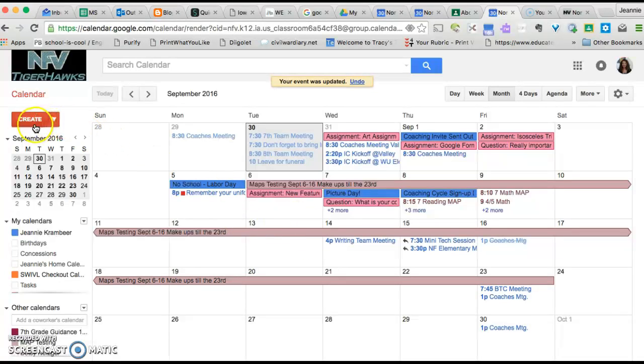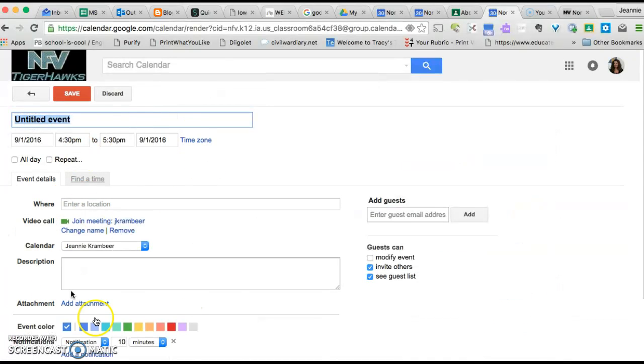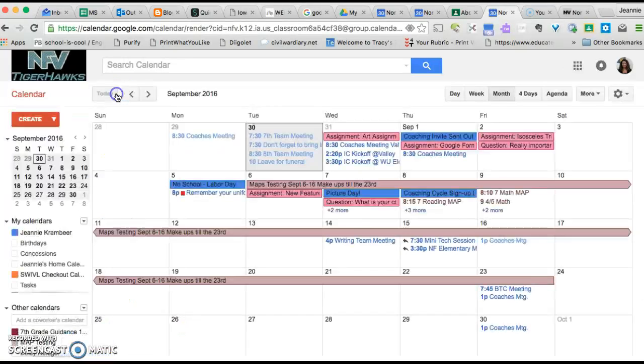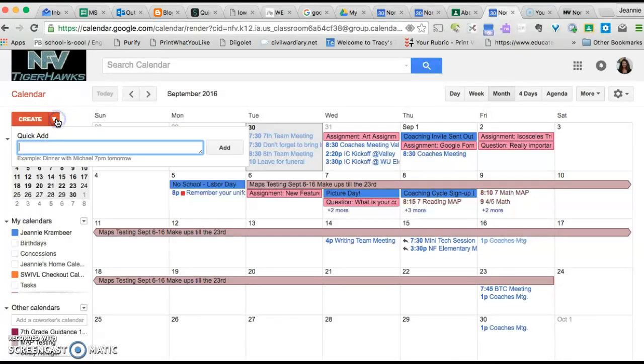Okay, so that's one way you can add it. Another way you can add something to your calendar, if you don't particularly like to use it that way, is I can go up to the Create button up top here, and there's two different options. If I want to go into the actual calendar like I just did and be very specific and set things up, I can click on the actual Create button. I'm going to show you how to use the Quick Add button though, because I really like how quick this is. So if I know that I need to jot something down really quick or else I'll forget it, I'll go to the Quick Add little drop-down arrow here, click on it,